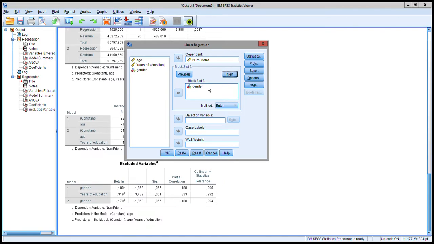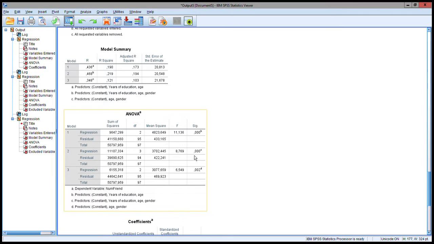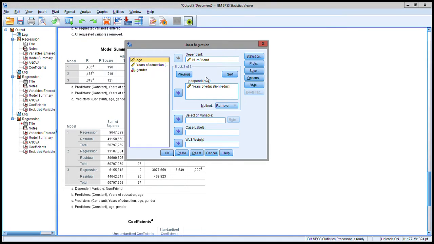The second block enters gender, and the third block removes years of education. And this will create 3 different models. Here you'll see what happens with each model, and here you have the 3 different models each time. And otherwise they will be interpreted the same way. Now, if we go back to the way it was,